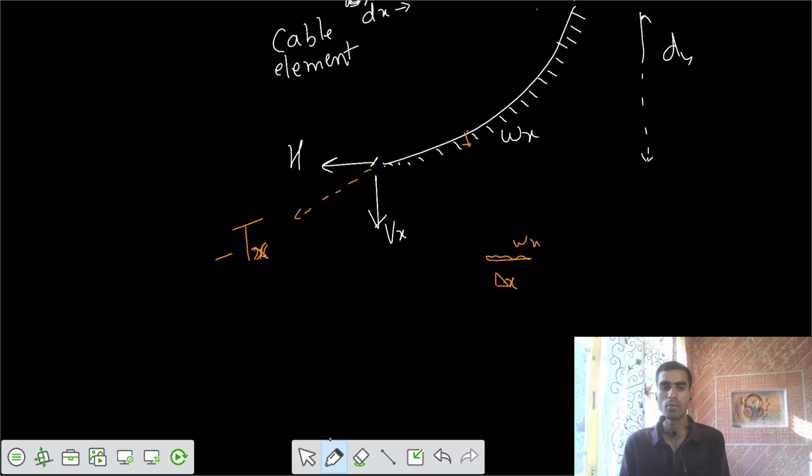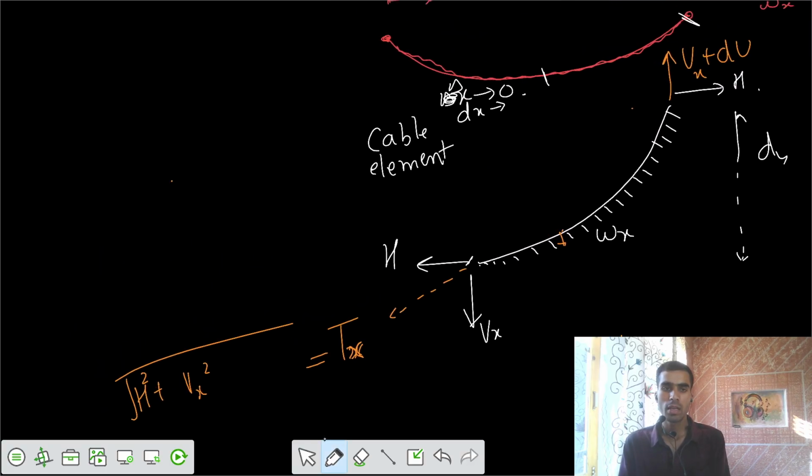There is some tensile force that equals Tx. Do you know what is the value of Tx? I would say that it equals root of H square plus Vx square. Now, if the segment is very small, such that it forms